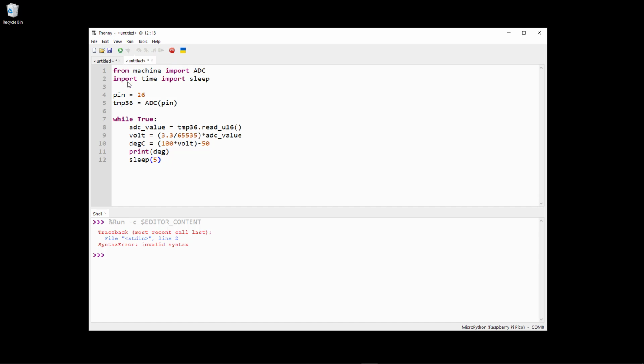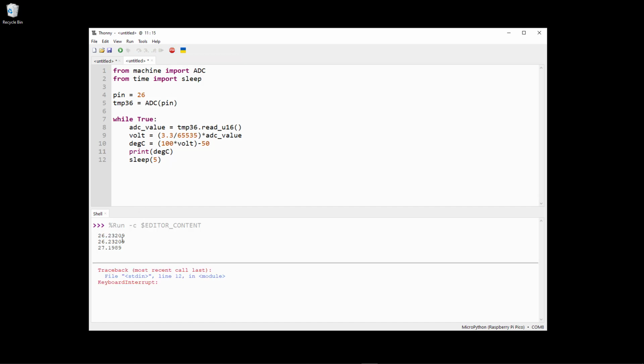Yeah, there was a spelling mistake there: from time import sleep. So now we can run it. Let me see, it should be a degree C like this, and now you see this is the actual temperature value in degrees Celsius, and we read a new value from the sensor every 5 seconds. Here there are lots of decimals because the accuracy of this sensor isn't that good,